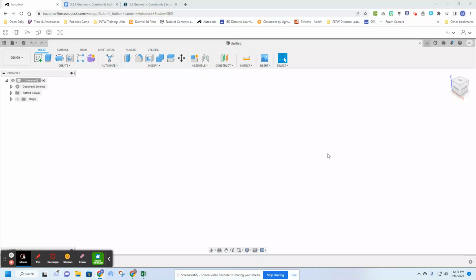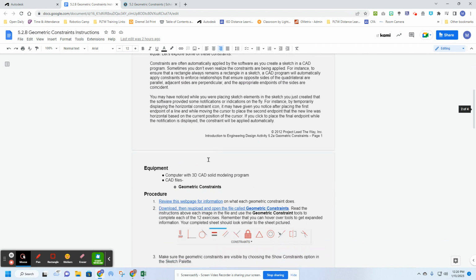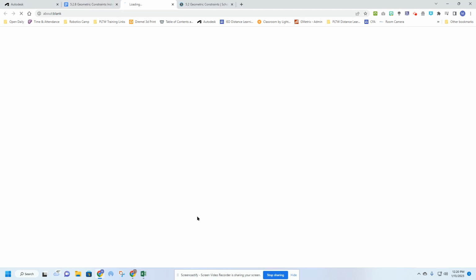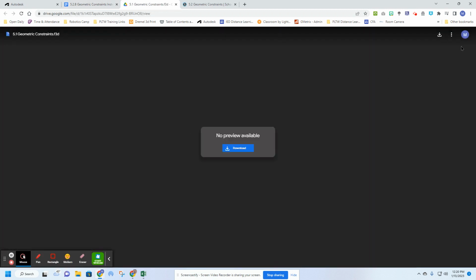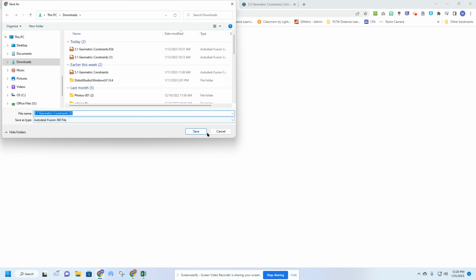Hello everyone, I'm going to show you how to download, re-upload, and then open the Fusion 360 files using the Fusion Online web interface so that you can get assignments done and you don't have to create this one from scratch. In the assignment or wherever you get your file from, we're going to download the file. Save it,